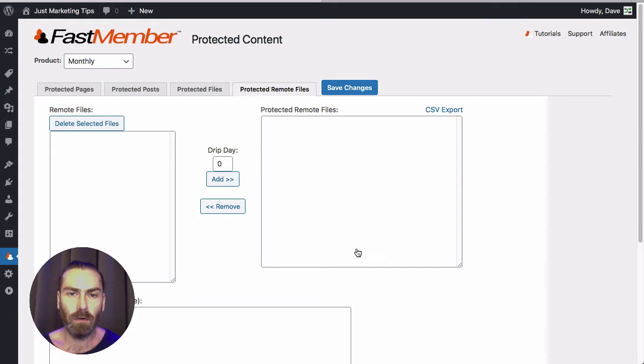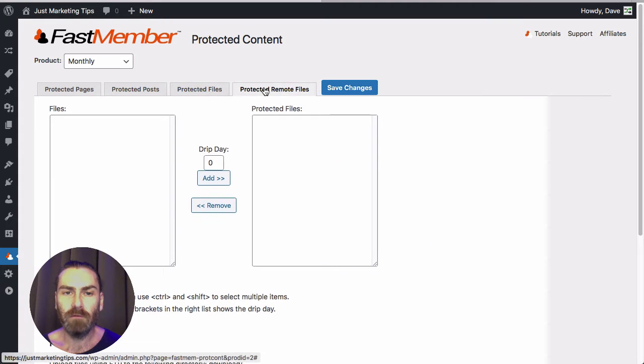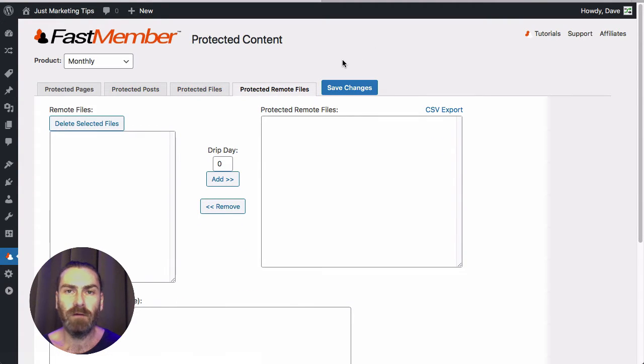for FastMember. Now we can upload files to WordPress itself, or we can have protected remote files, which are files that are not located on your server. So one of the integrations we have is Amazon S3, and so we can host files on Amazon's platform, and then the content protection will work across the internet,